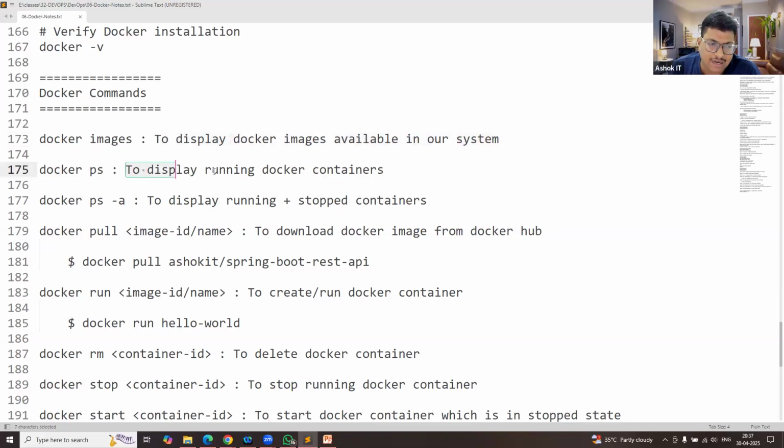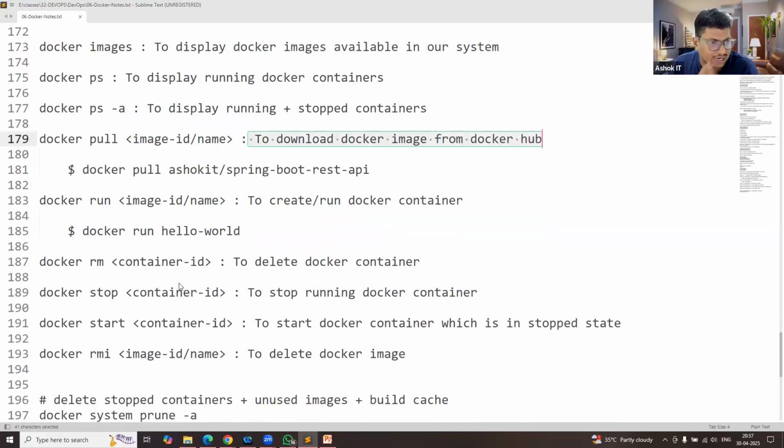Docker ps command is used to display running Docker containers in our system. Docker ps -a will display all running containers plus stopped containers also. Docker pull command is used to download the Docker image from the Docker Hub. And if you want to create the Docker container, then you need to run the Docker image, Docker run